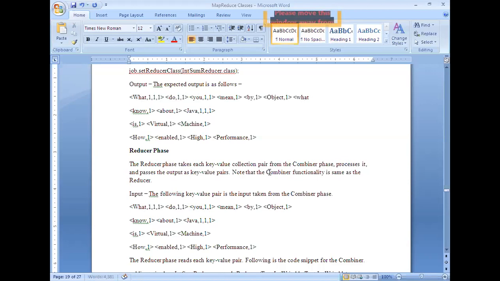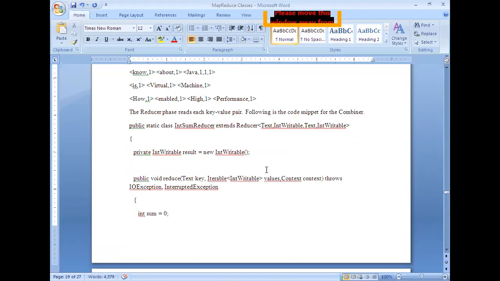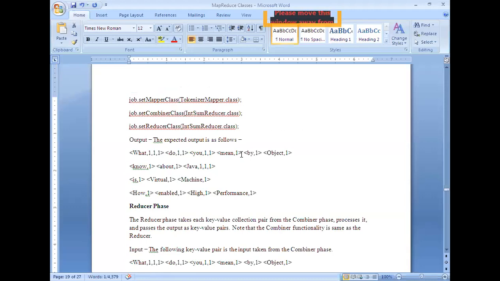So for that, we need to write the code to count all those things. Here, the name of the reducer class is IntSumReducer. You can observe it. The reason I'm repeating this many times is that while writing your own application, you are supposed to keep it in mind while writing the class names. They should be the same, and the same should be specified in the job configuration object in the driver code itself.